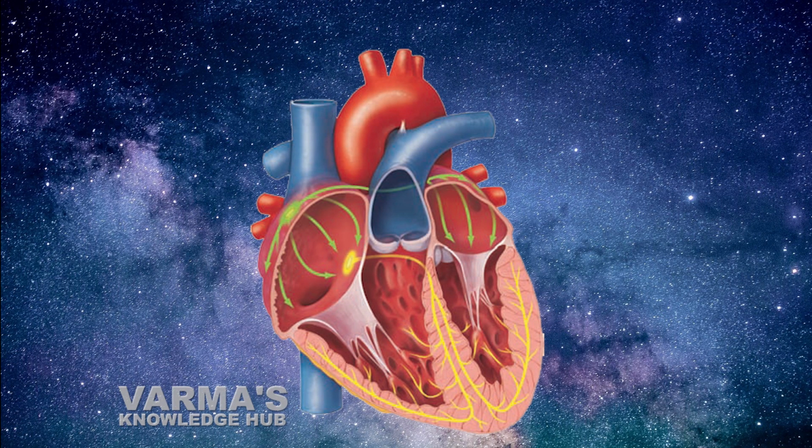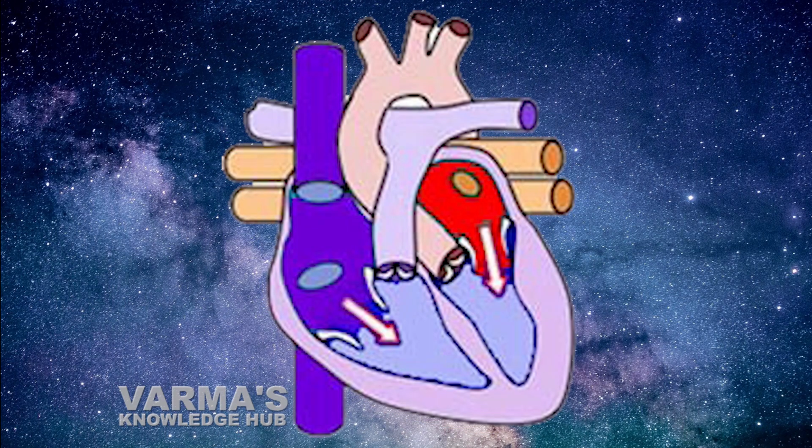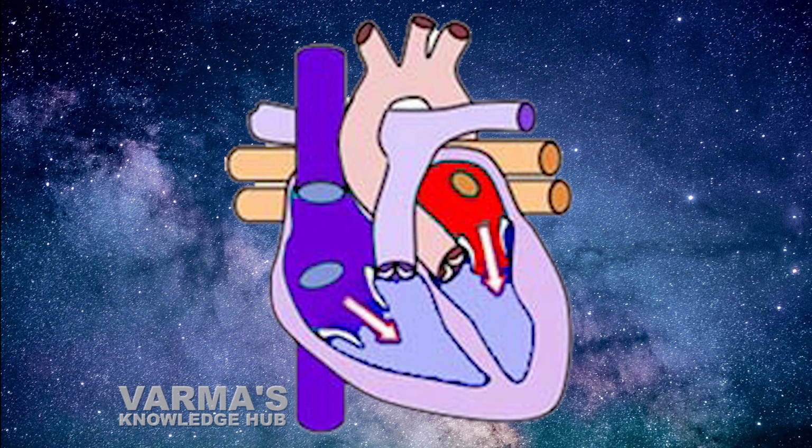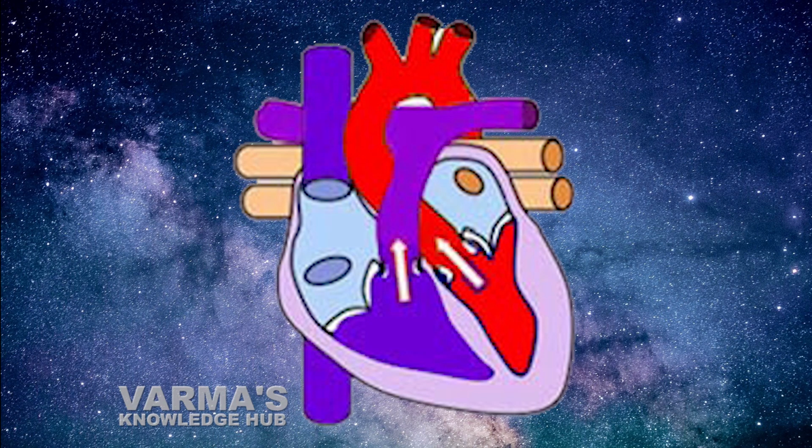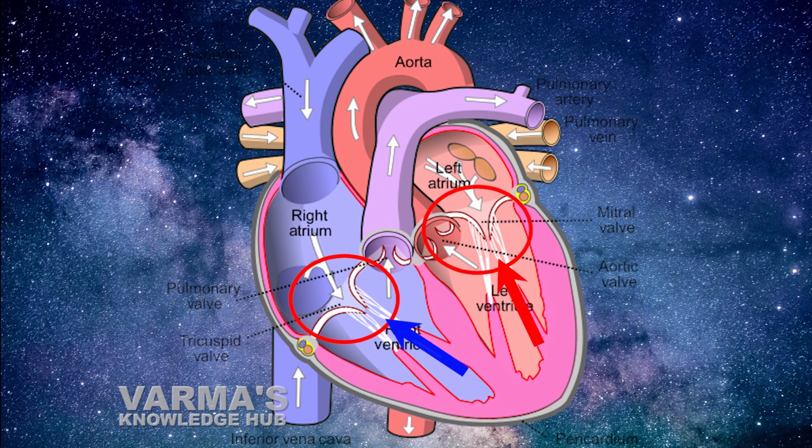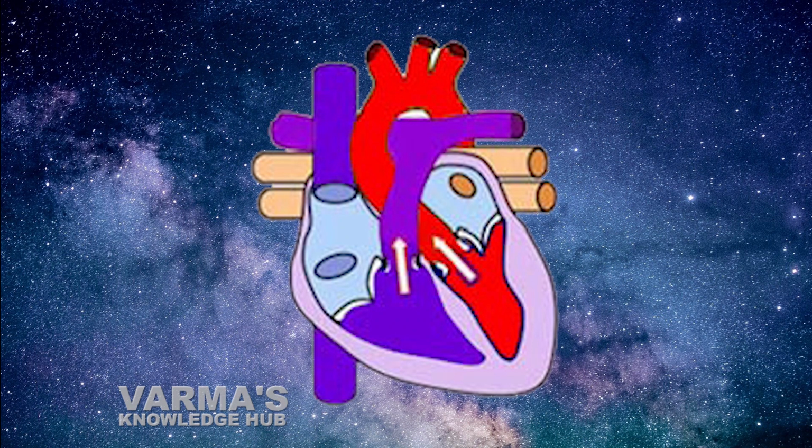When they are filled with blood, the right and left atria start relaxing, and the ventricles are now filled with blood. When the ventricles contract, the blood does not go back to the auricles because the valves prevent the entry of blood into the atrium. When this closure of the valves takes place, we can hear a sound called lup. On contraction of the ventricles, the blood forcibly enters the corresponding blood vessels.